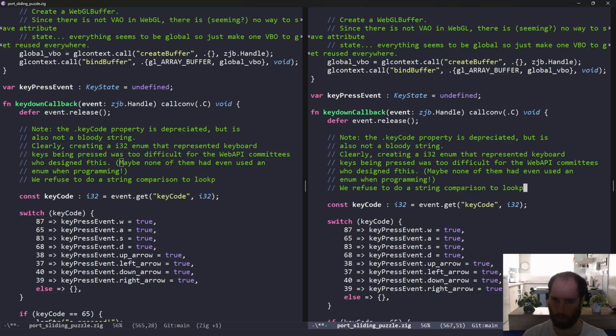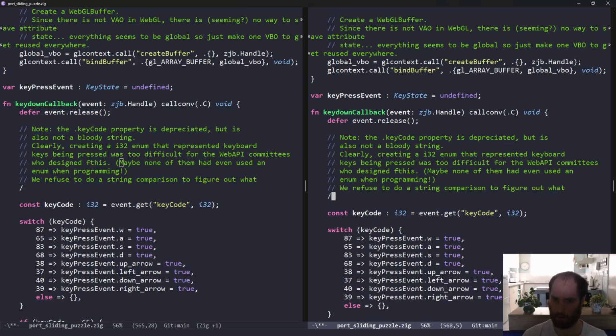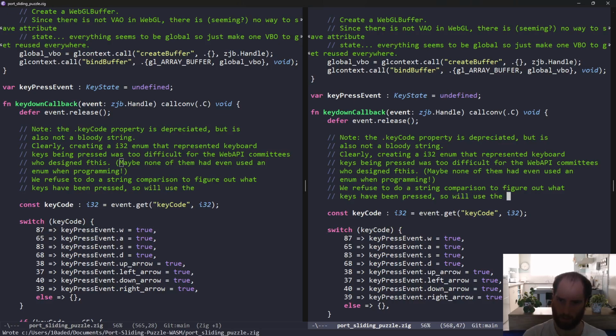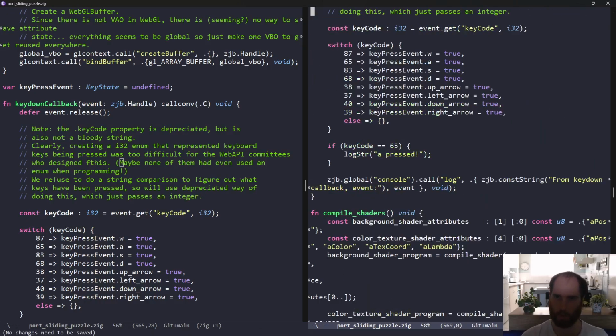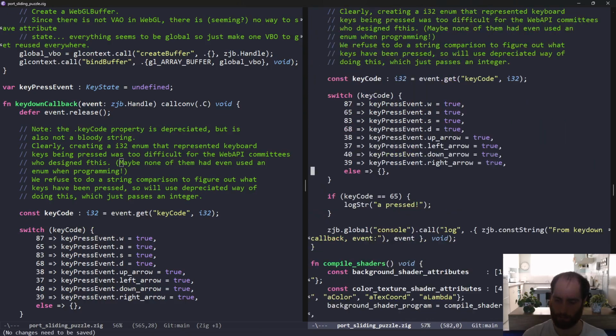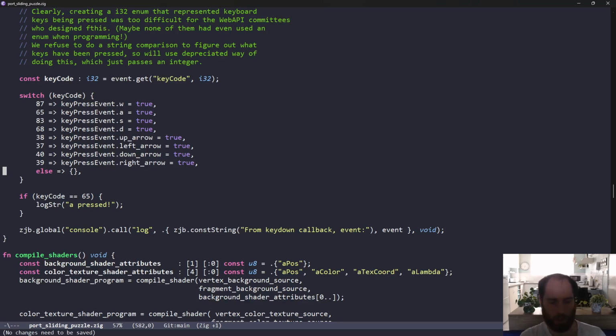to look up to figure out what keys have been pressed. So we'll use the deprecated but integer way of doing this, which just passes an integer. Okay. So yeah, with all of that done,